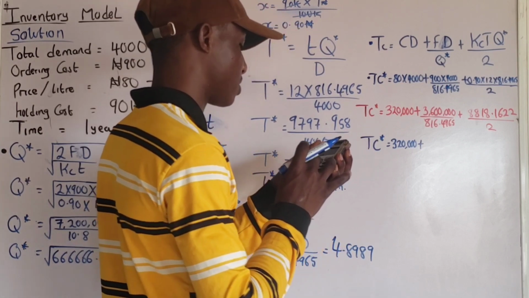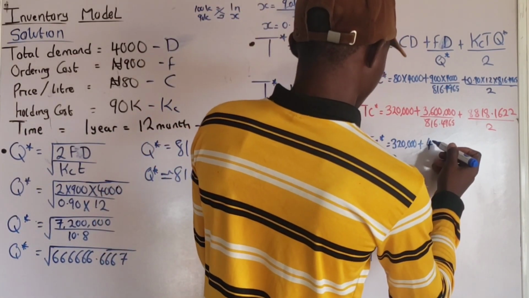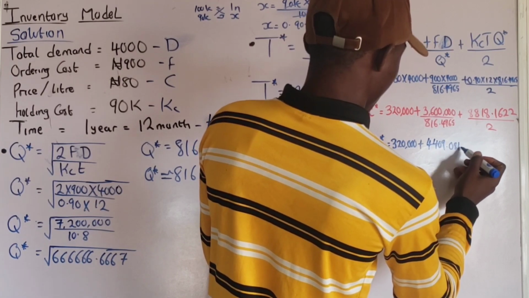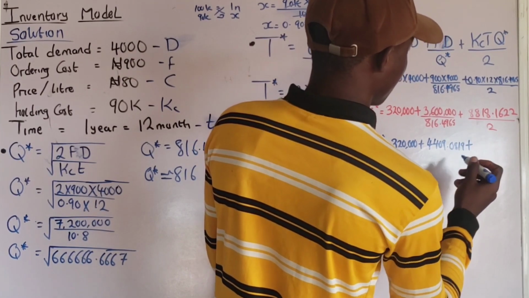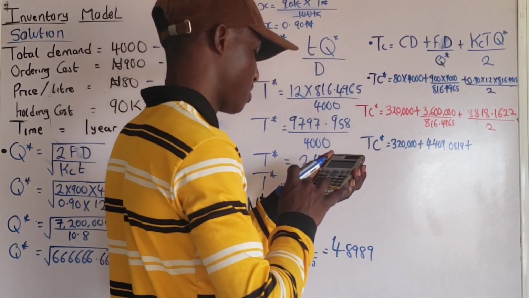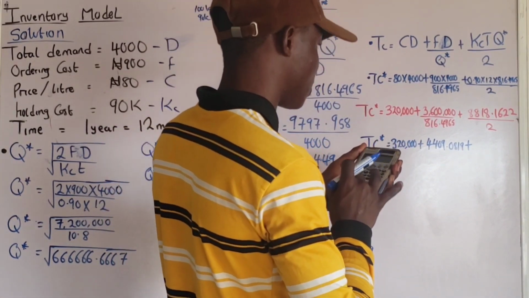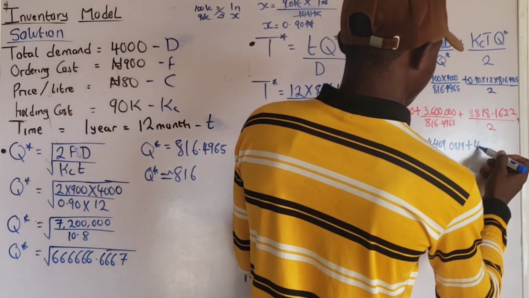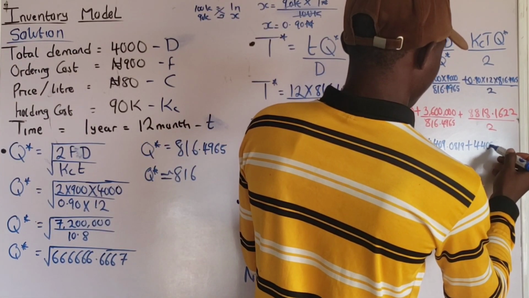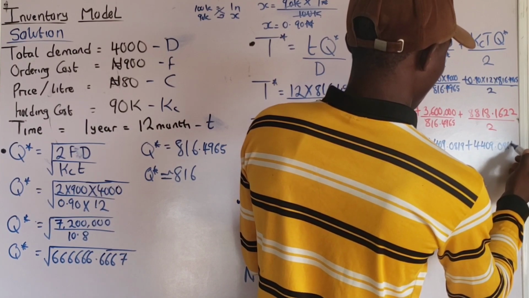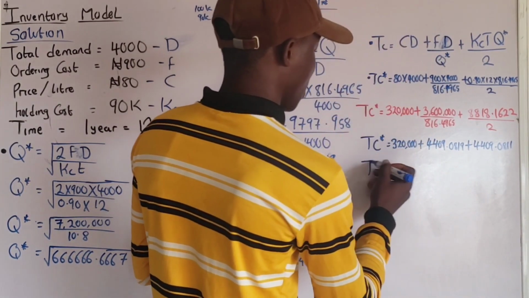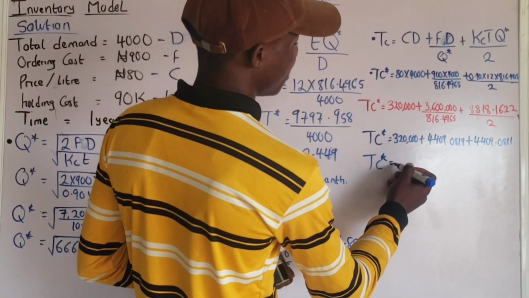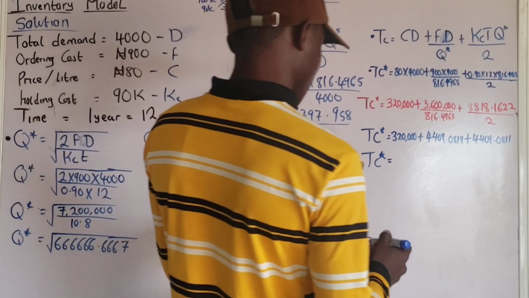That is 4,409.0819, plus 8,818.1622 divided by 2, that is 4,409.0811. You understand? So now if you add this together, sorry, this is not square, that is an asterisk. If you add all this together, you're going to have